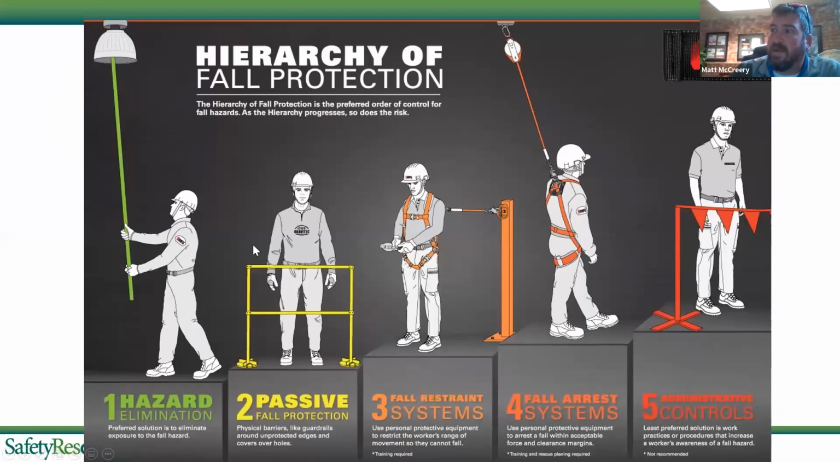So let's talk about conventional systems. Conventional systems for us is, okay, well, we're not going to be able to eliminate the hazard because we have to get up on the roof to roof it. We really aren't allowed to use passive fall protection like guardrails because steep slope roofing pretty much disallows that. There are some systems out there, parapet clamps and other things that can meet that requirement, but they're